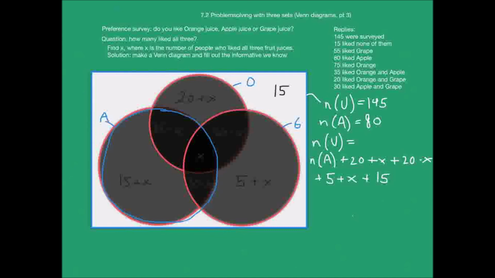And what I've done now is just say that the universal set, all of this, would have to be everything in A plus this bit, plus this bit, plus this bit here, plus this bit here. So I'm just adding all of these other things to 80, which I know is the size of A. And if I can write out the numbers, that would mean that